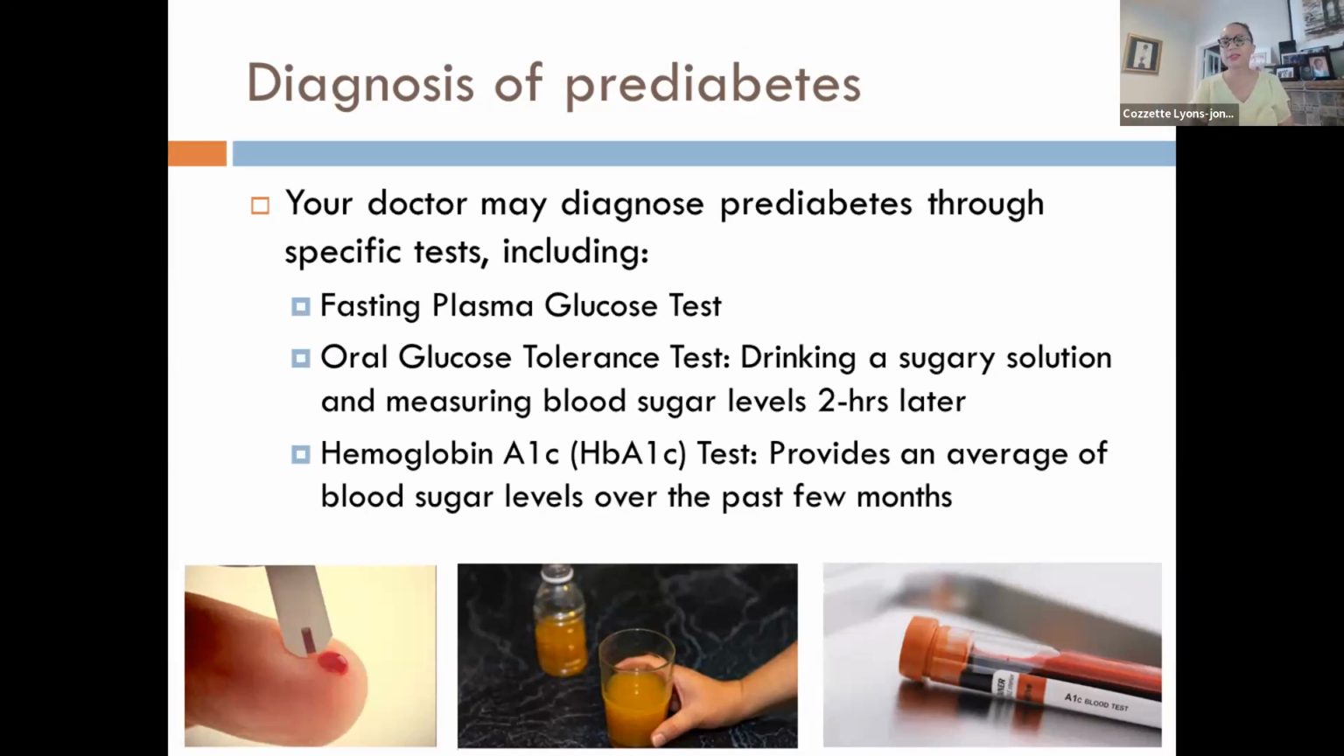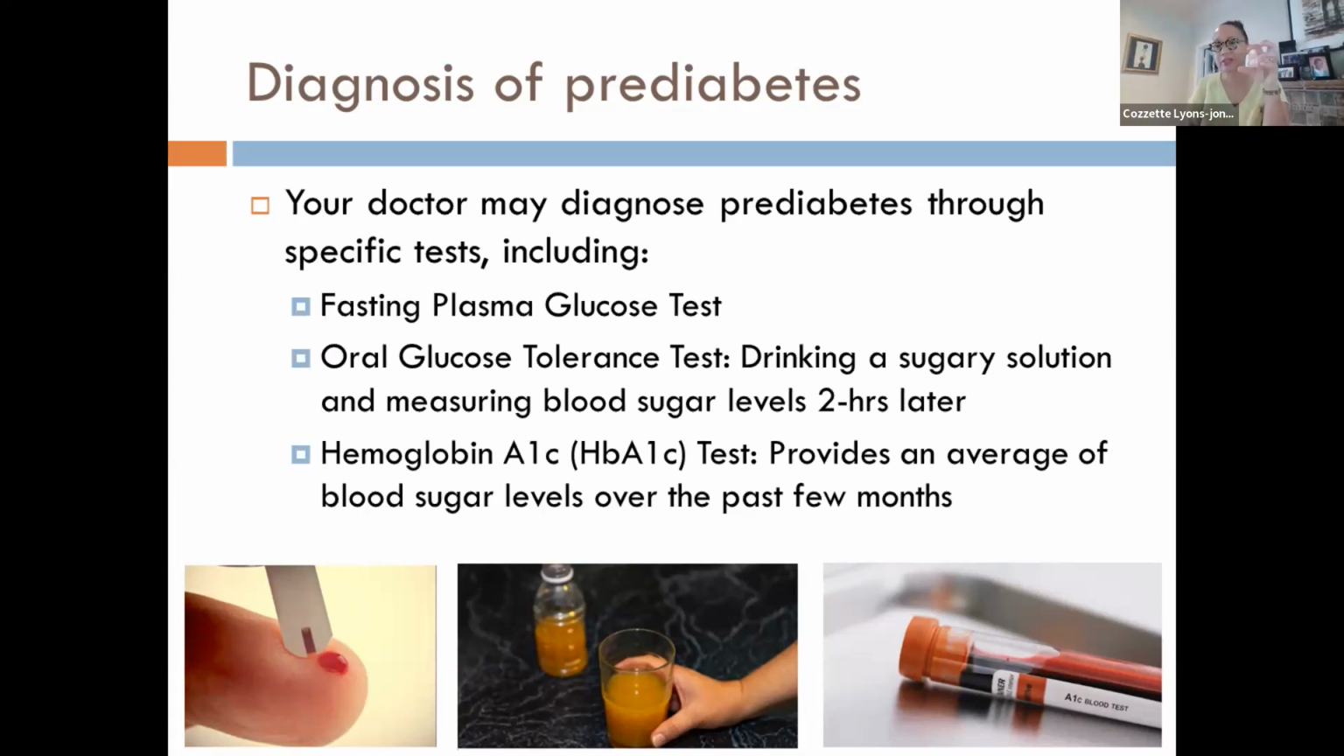A hemoglobin A1C is a test that we use to make a diagnosis of diabetes or prediabetes. It also is used to track how well someone is being managed once someone is diagnosed. And you want to see the effectiveness of the treatment, whether it's lifestyle changes and/or medications. The hemoglobin A1C